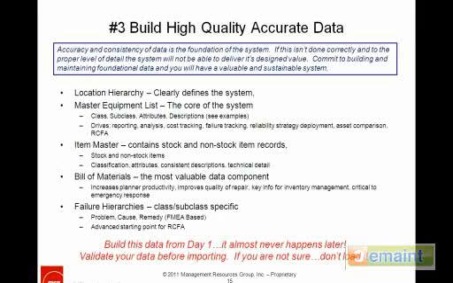The first two kind of go together. Location hierarchy. You really want to think this through properly. You want to have it detailed. You want to clearly define your processes and your systems. Your master equipment list. This is the core of the system. You want to have not just a shell record for your equipment, but detailed information available. So it's things like proper classification, subclasses assigned properly, attributes, which I'll show you an example of on another screen in a second, that are populated. Clear descriptions, standardization setup. All of the assets that you actually have in your plant are reflected appropriately and accurately